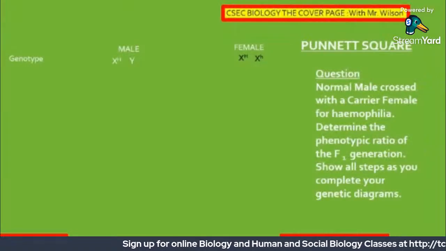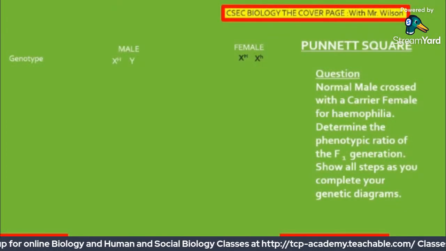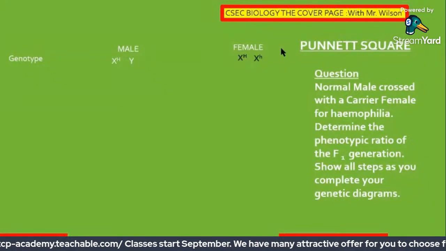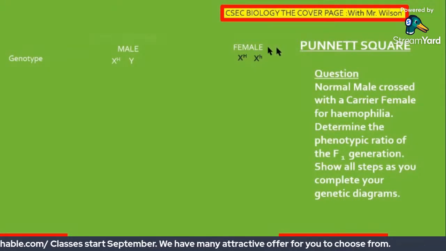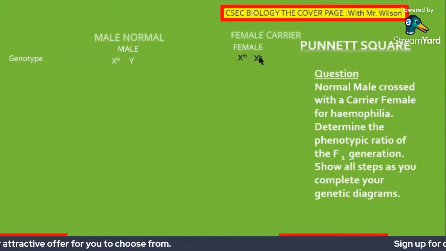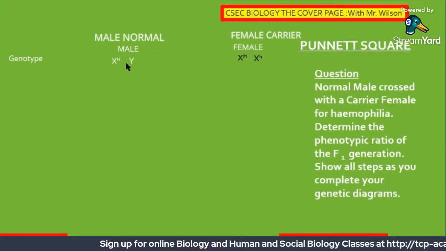We start by pointing out this bit. You have to pay attention here. So if you copy the slide, you are going to be missing this bit. All right, so here we should have started out with female carrier. So female carrier, because this is what this is saying, that this is a female and she's a carrier for the disease hemophilia. Now, this would have been your phenotype at the top here, and then we would have had our genotype,